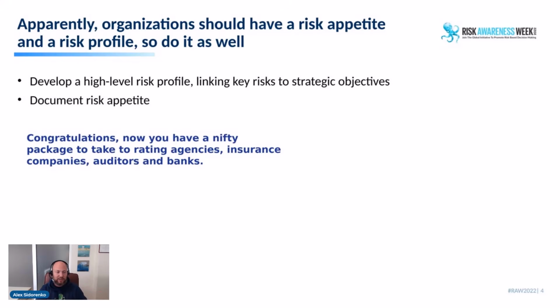You just have to keep in mind that whenever your policy or some sort of guideline within the organization says we have zero tolerance for fraud, well, that's your risk appetite against fraud. And whatever your safety policy says about the safety and well-being of employees, well, that's your appetite for that. So all of this has been documented well before risk managers arrived in shining armor on the scene and decided to own the concept of risk appetite. So that's number one. Different legislations already imposed, and all of that has been documented and written within the organization. So there's pretty much nothing you need to do about that.